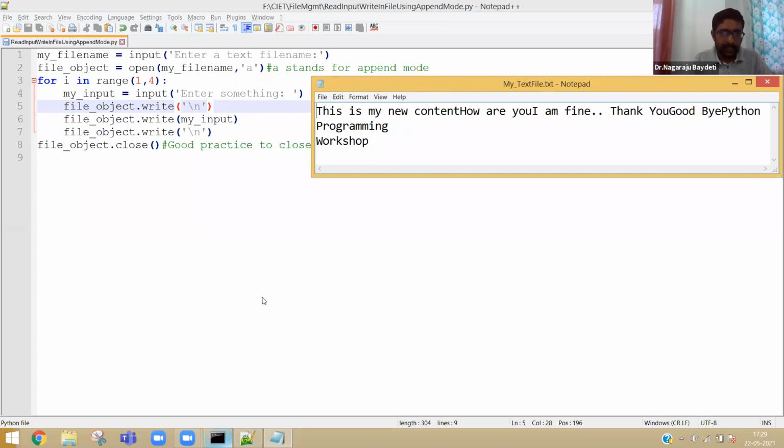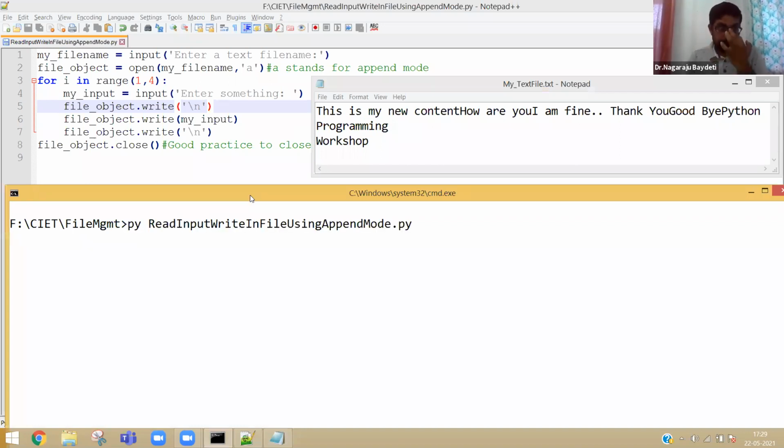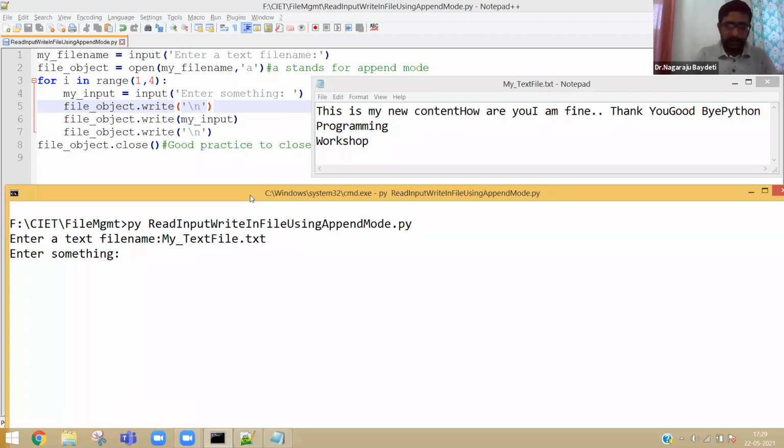Let me execute the program again. Enter something. For example, file management concept is